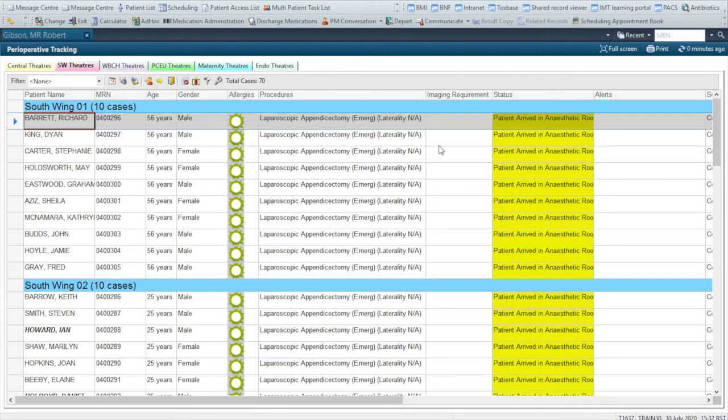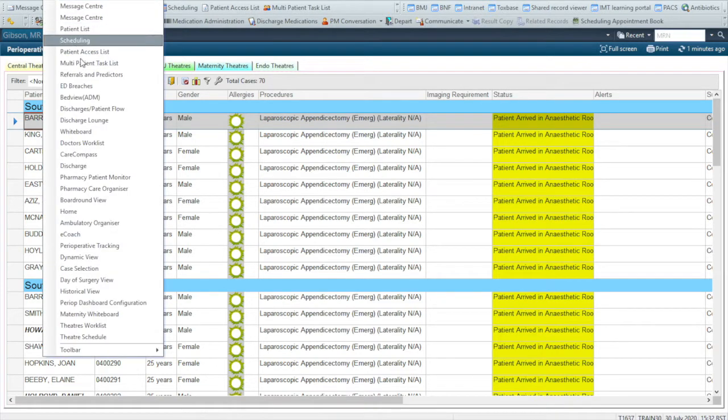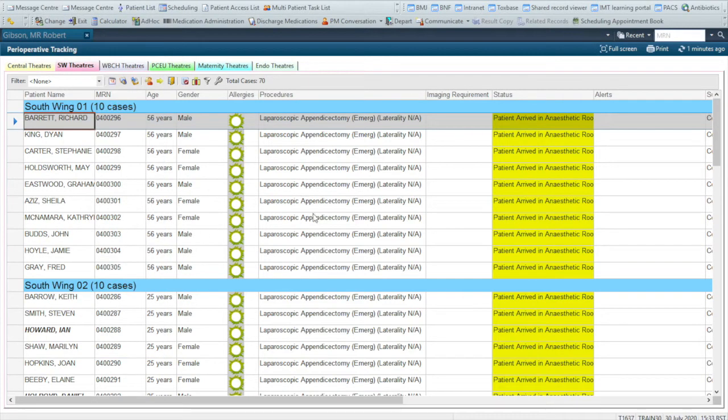In this video we're going to look at the perioperative tracking screen, which I have open here in PowerChart. You get into it by clicking View, and then you have perioperative tracking here. So this screen is an interactive view, and it can be used by a variety of different roles in the